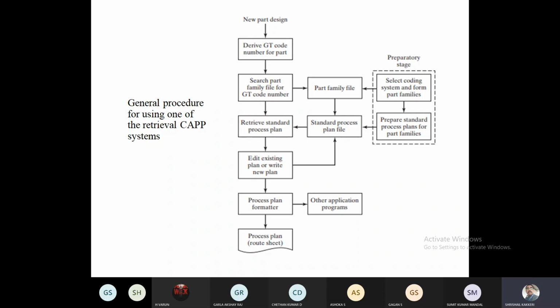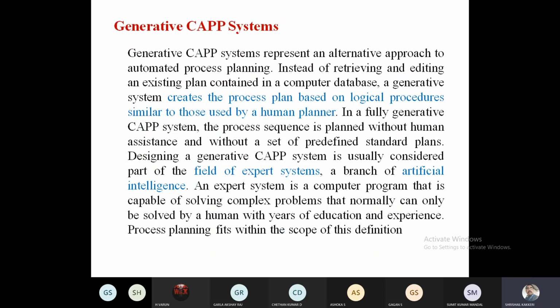And if it is so, then next, what is the generative CAPP system? The generative CAPP system is, as the name indicates, where we are going to create a process plan based on a logical procedure.